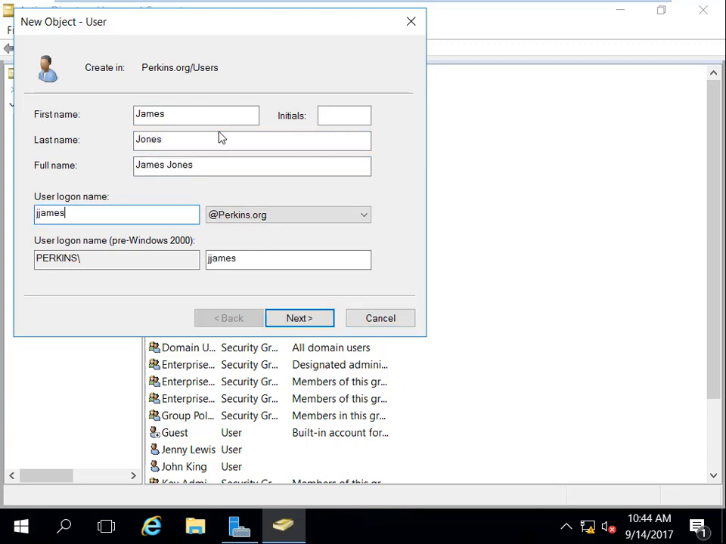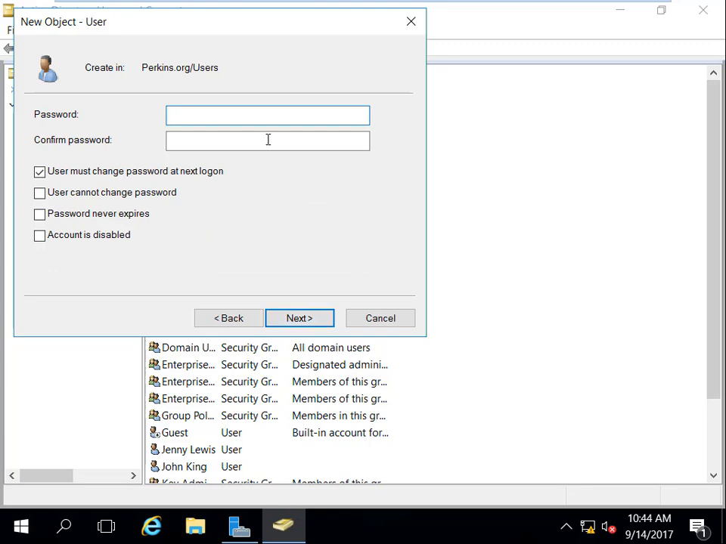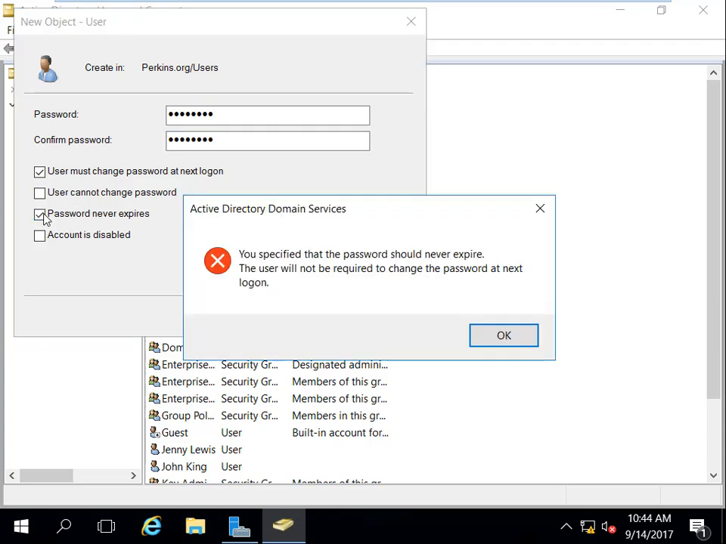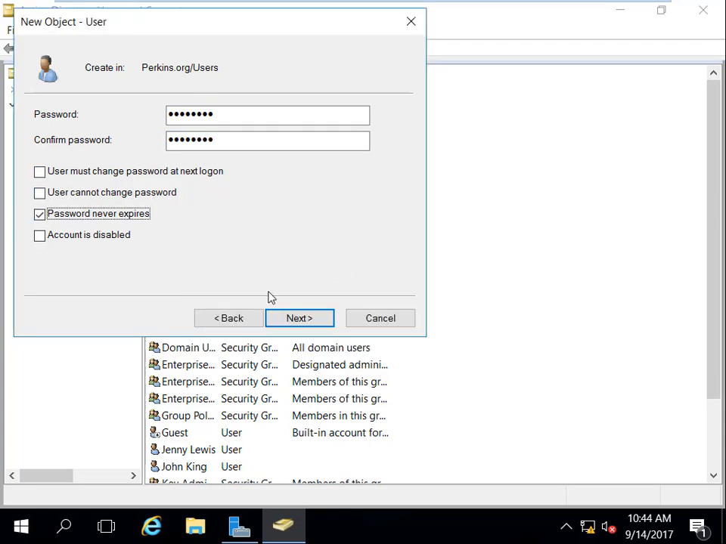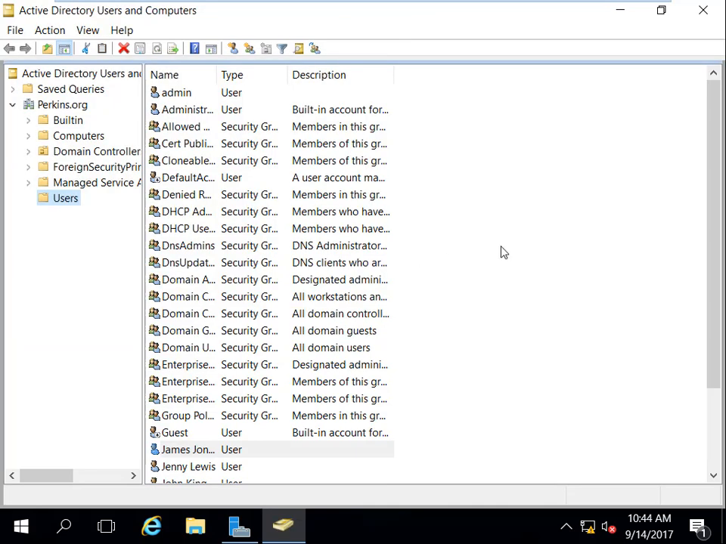I'm going to call this one J Jones. So go to display, w0rd, okay. And I say password never expires. Go to next here. And one of the things I'm also going to do, I'm going to create two user